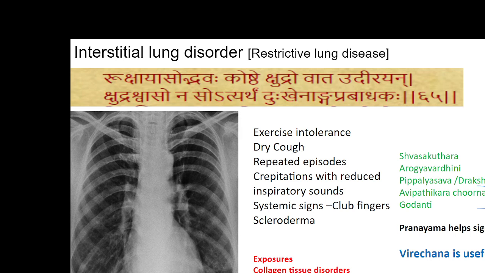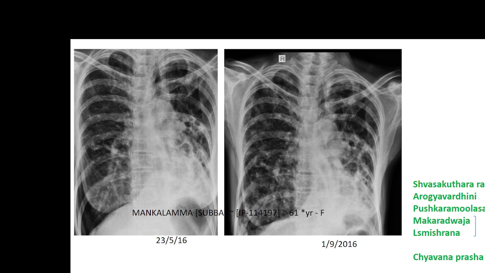And this is exactly what the Kshudra Shwasa, Rukshayasa Udbhavaha, Kosthe Kshudro Vadamudiren describes. Because it is a Koshtha Vyadhi, we will give Avipattikara Churna, and such drugs will help a lot. Virechana can also help. The typical presentation of restrictive pathology could also be where the volume of the lung is reduced due to some previous injury, surgery and so on. In such conditions again the treatment will be the same. And of course Rasayana Aushadhis like Chyavanaprasha can also help in very chronic lung disorders where the lung volume is lesser.